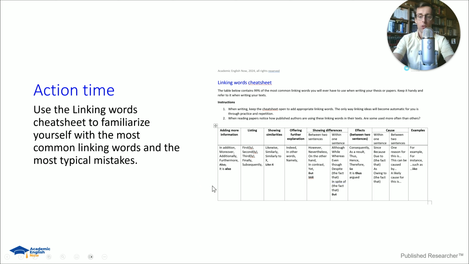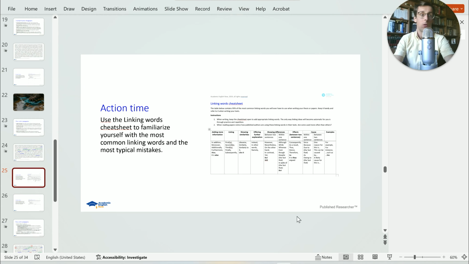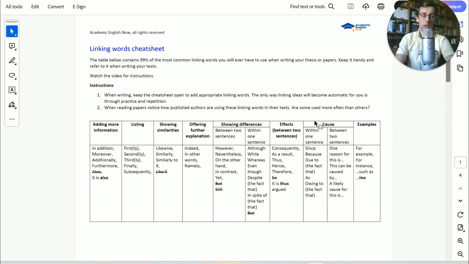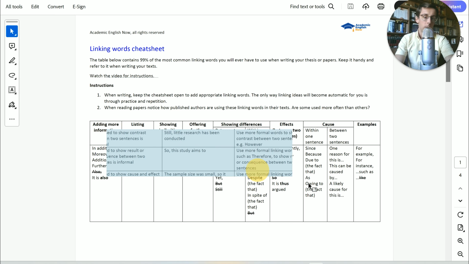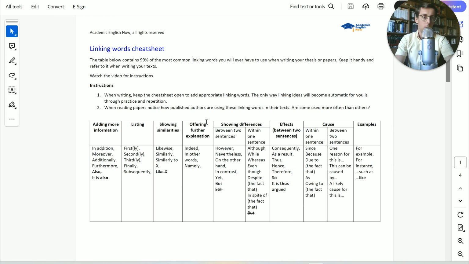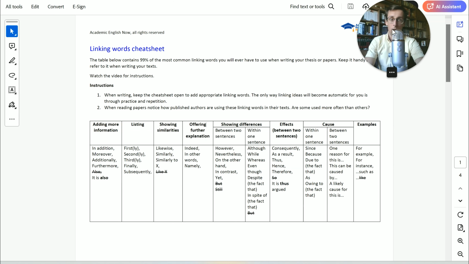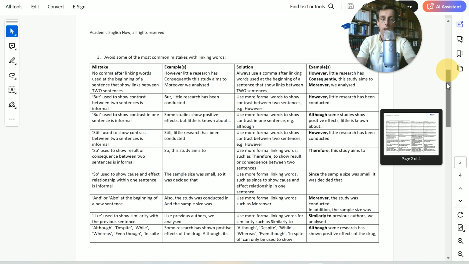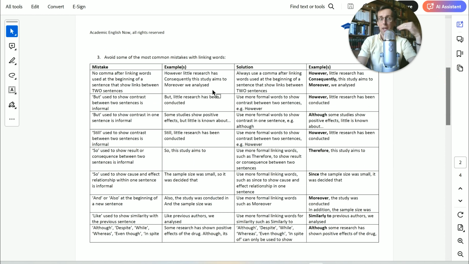And it's a PDF document. It's available for download right below this video. I'll pull it up on the screen here for you. It looks like this. There's a video which you can watch for instructions about this document and further explanation. But in a nutshell, they're all the potential linking words that you might ever want to use in writing a paper or a thesis. And then I've also got 3 pages of the most common mistakes